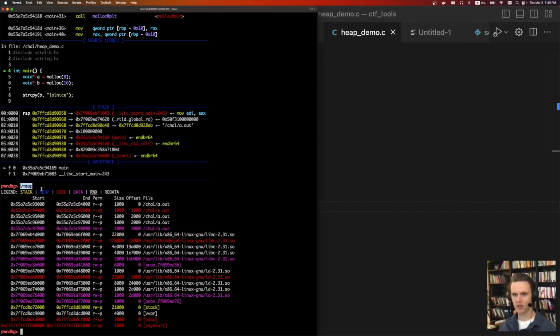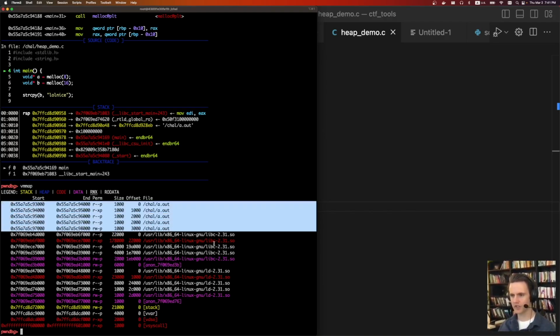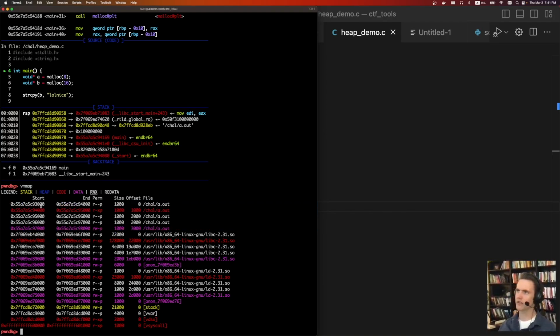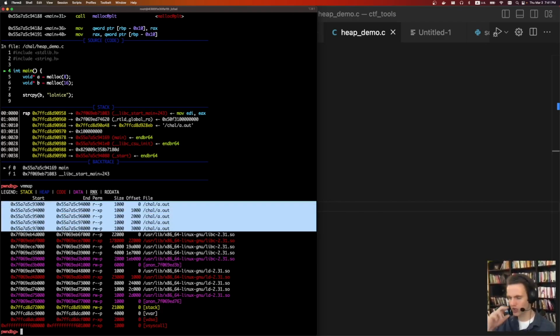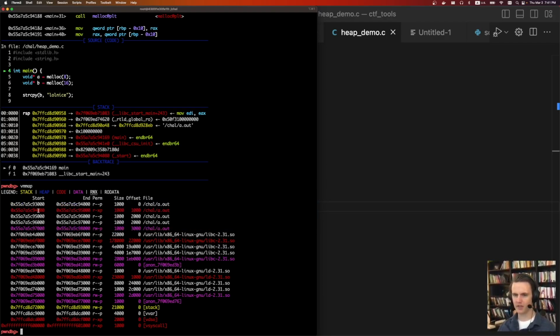And so pwndbg includes this vmmap, super useful, that you can use to see where stuff is laid out. A lot of times, if you're going to do a ret2win sort of challenge where you need to jump to a known function, you need to figure out where that function is living in memory. And so you can use vmmap to see, okay, this is the start of the instructions, and then using another tool like Ghidra, which I'll talk about a little bit later, you can find the offset, and you can figure out where specifically you need to jump to. And you can see this is where libc is loaded, also very useful. We can see that the stack is down here,